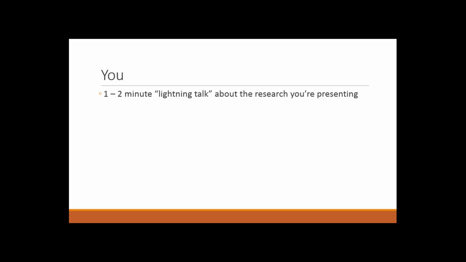That is a very quick narrative of your research that highlights the most important things that you touched on throughout your work. The idea behind this lightning talk should be to complement rather than replicate the material on your poster. So you don't want to be just reading through your poster for your lightning talk, but you want to be providing additional context for the information that's on your poster, and thinking about your poster almost as secondary to your presentation, a prop that you could rely on to point to a visualization of your data or something like that.